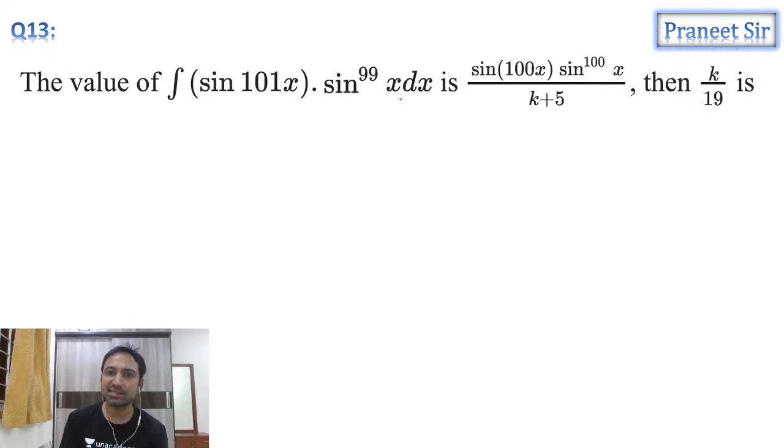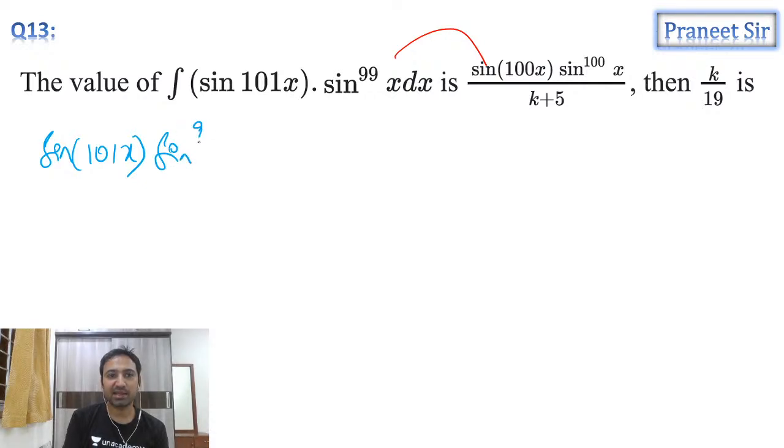See, already the answer he has given. So we just need to find the k value. So can we differentiate it on both sides and get the answer easily guys? Instead of doing the original method, can I differentiate the options? Can I differentiate both left hand side and right hand side? Let's see what I get. Left hand side integration and differentiation will get cancelled, and we get it like this: sine 101x into sine 99x